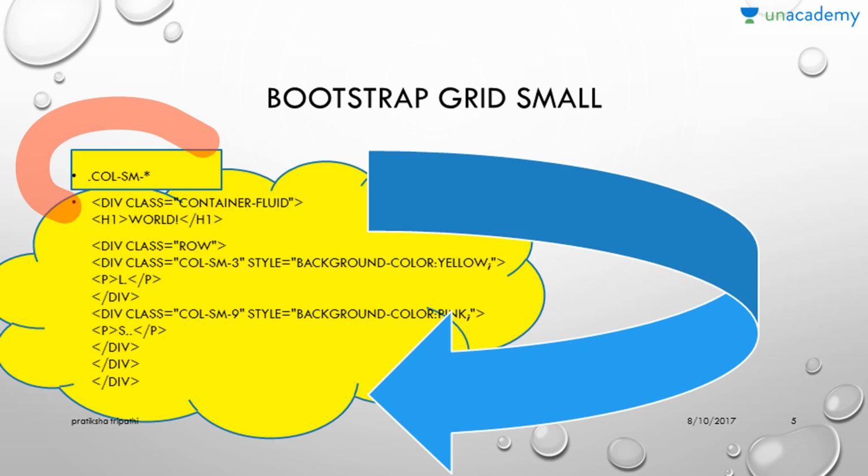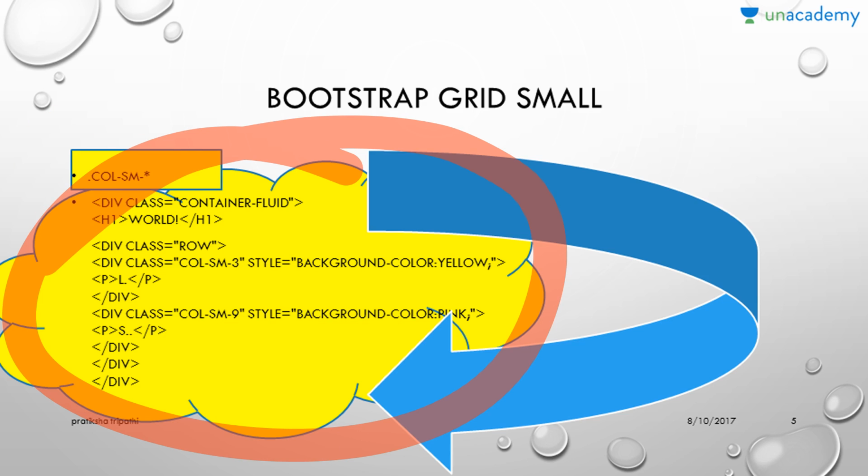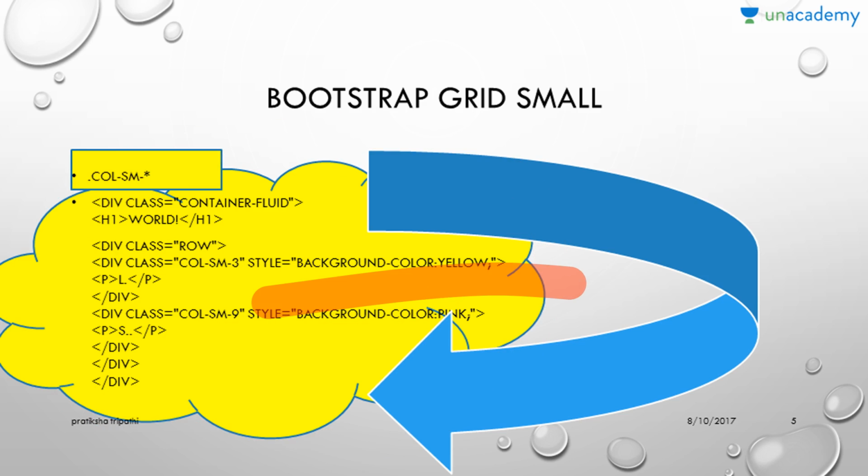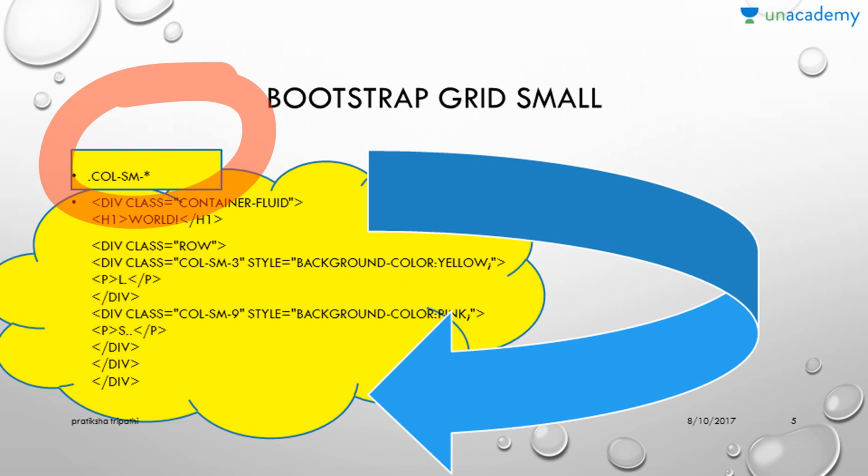So the very first statement, column dash sm dash asterisk, this is the class which is used for small devices. So whenever you are working with small devices, always keep in mind that this is the class which is used. Now down below I have explained one scenario, how this is the code that we are using for creating the grids for small devices. Okay, you can decide the color, you can define the column size, and what you want to include as text you can define over here, but this is the class that we always have to include for small devices.